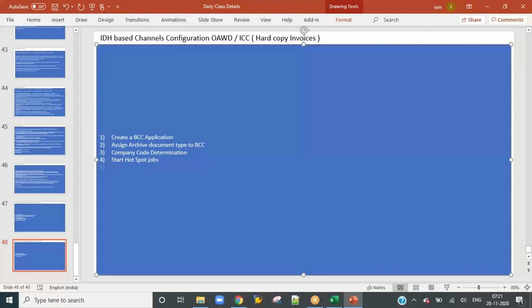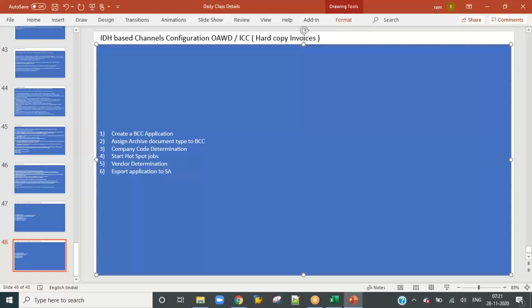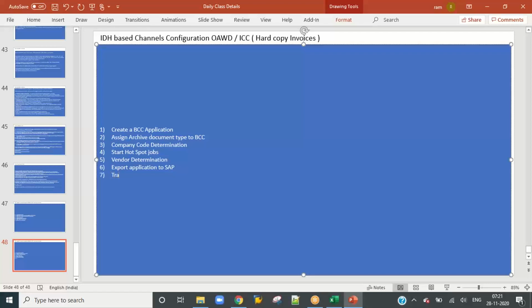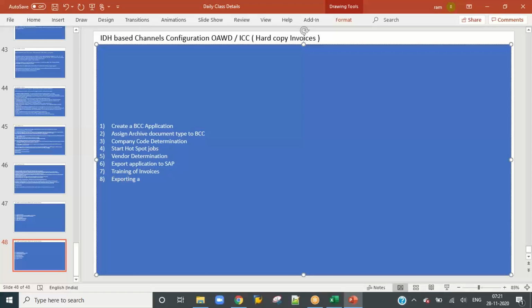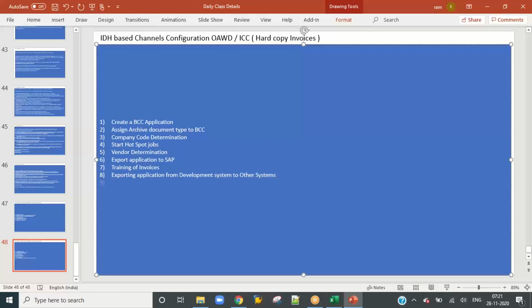Start the hotspot jobs, and vendor determination, export the application to SAP, and we will also see training of invoices and exporting the application from the development system to other systems, and exporting learning data from the development system to another system. Okay,